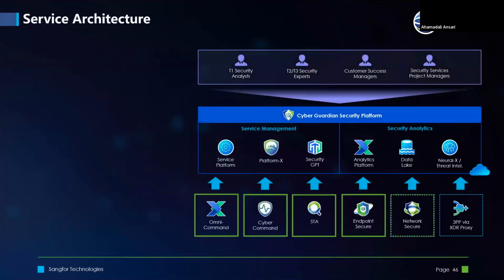This is the architecture. If you see below, these are some of the solutions of Sangfor which you need. Just with the network secure firewall, we cannot achieve MDR. This is just one of the tools, but the endpoint secure is something very important. Now you might be using some other endpoint as well, no doubt in that.